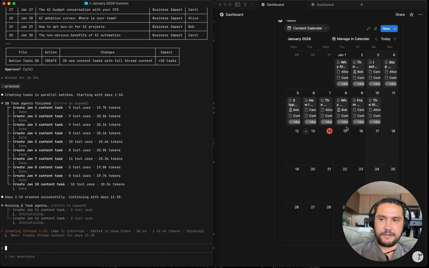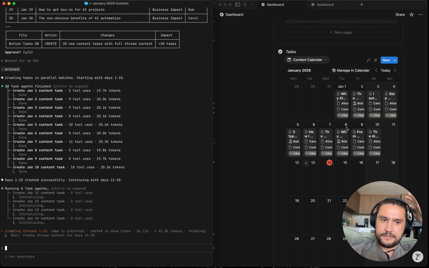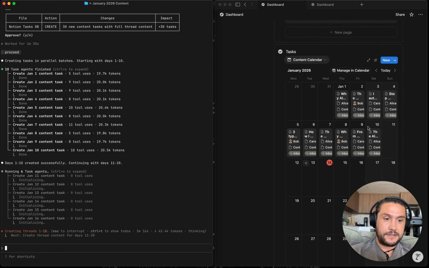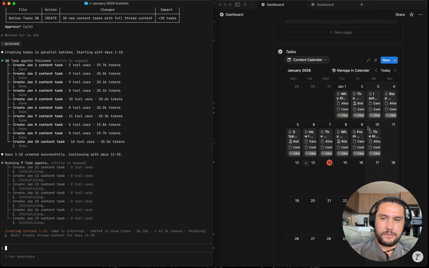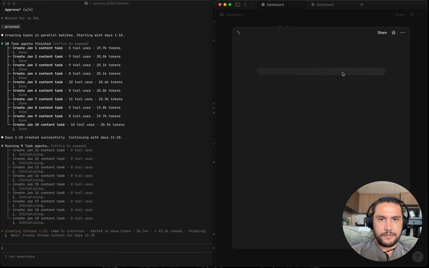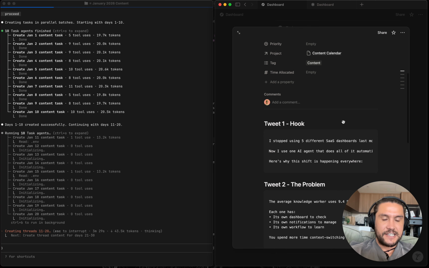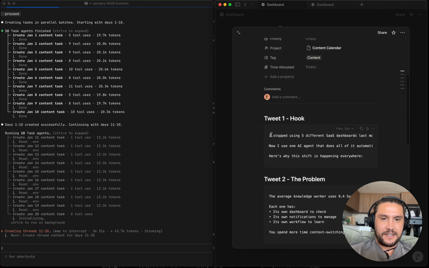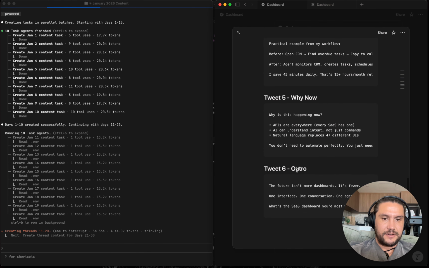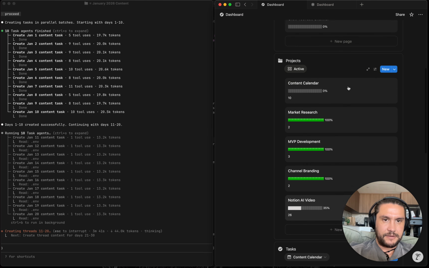So it looks like you can only run 10 sub-agents at once. So I actually don't think that was much faster than sequential, to be honest. But I don't know why that would be the case. But if we come in here and just click one example, so why AI agents are replacing SaaS dashboards, you got your tweet one hook, the problem, the shift, all the different ones,